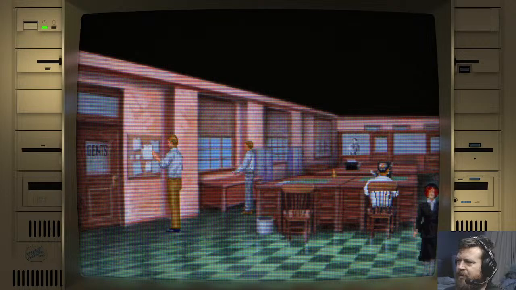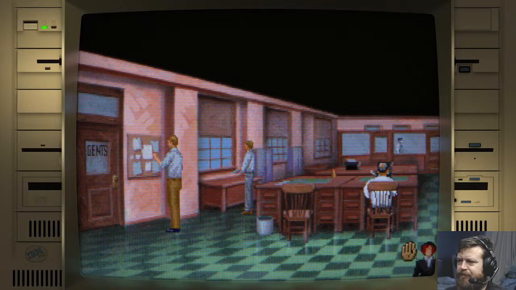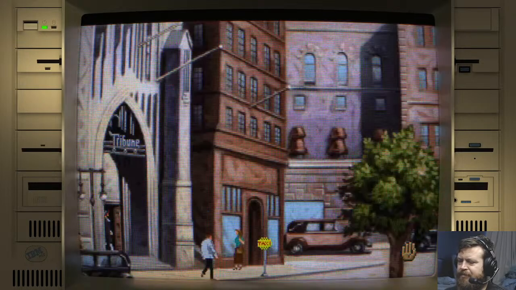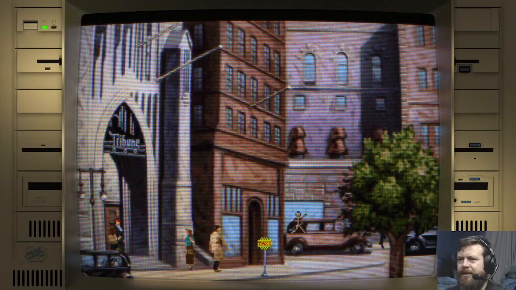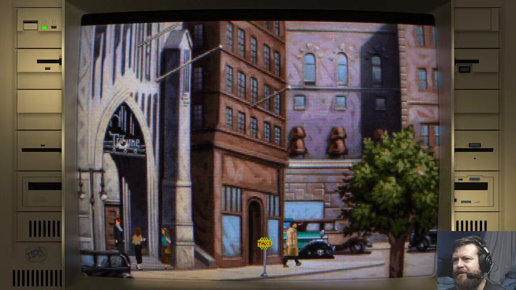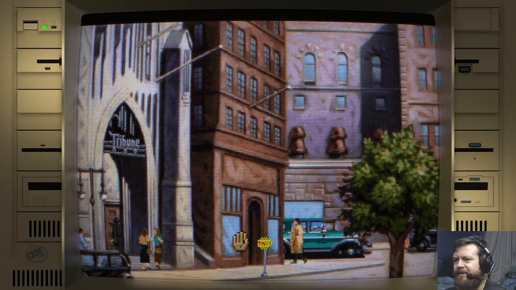Oh, ginger girl with a southern accent. I mean, look at that. That's some lovely graphics back in the day. The imposing Gothic entrance to the...